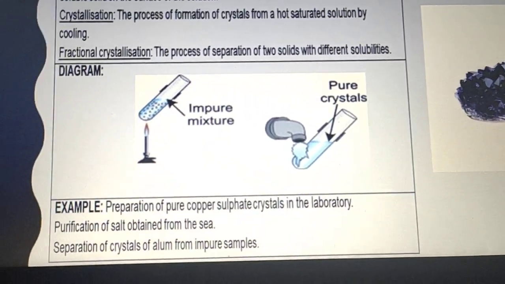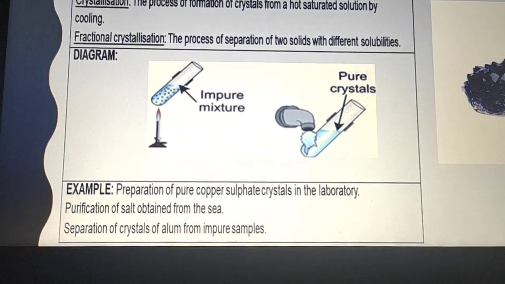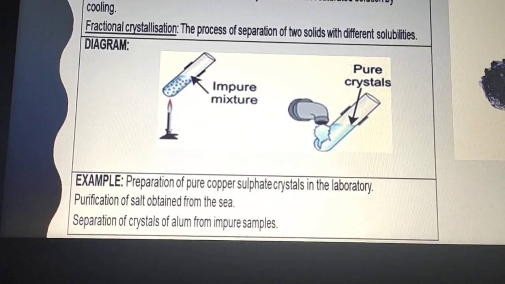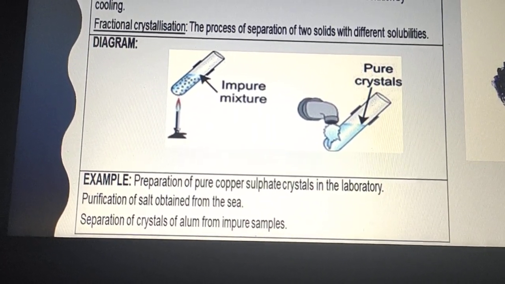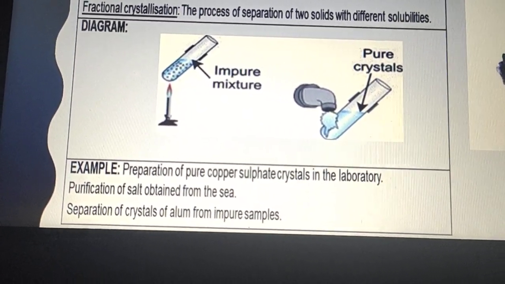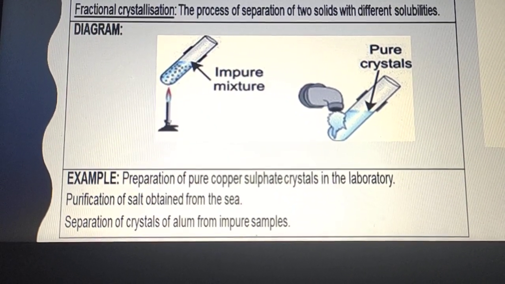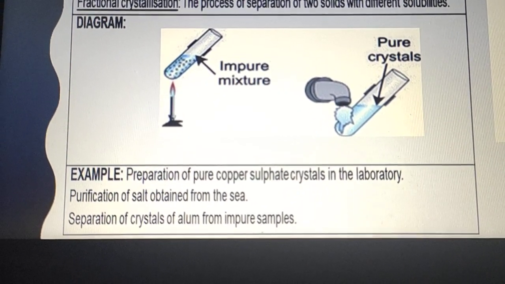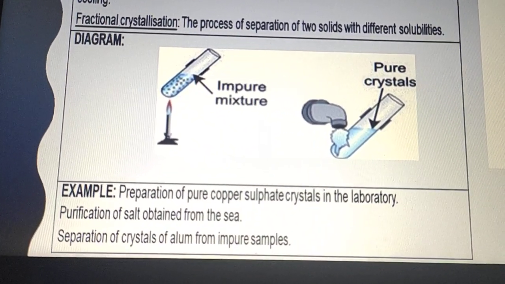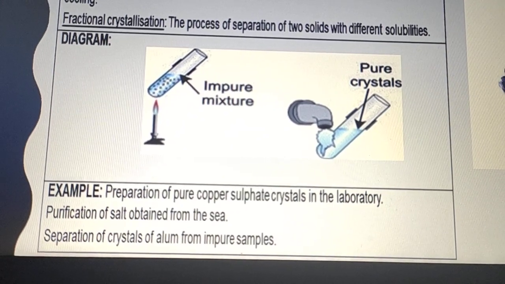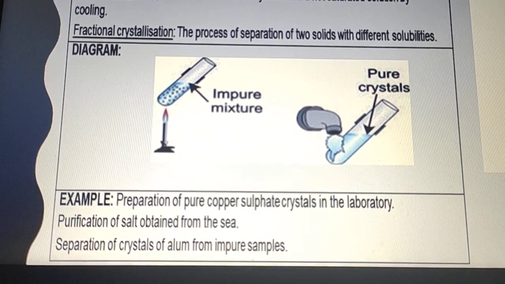Here is a burner on which the impure mixture containing some impurities, after heating and after cooling down, the crystallization takes place. Pure crystals form, and pure crystals basically have no impurities. That's why we form the crystals and then take the melting point of those crystals, so that we get the accurate value. But if we are taking the melting point of the compound containing the impurities, then we cannot get the accurate melting point.